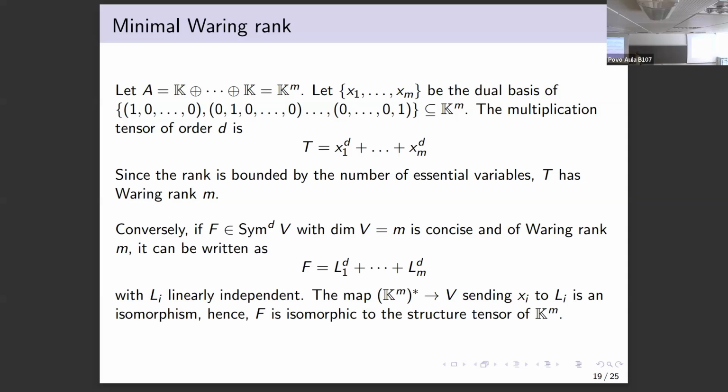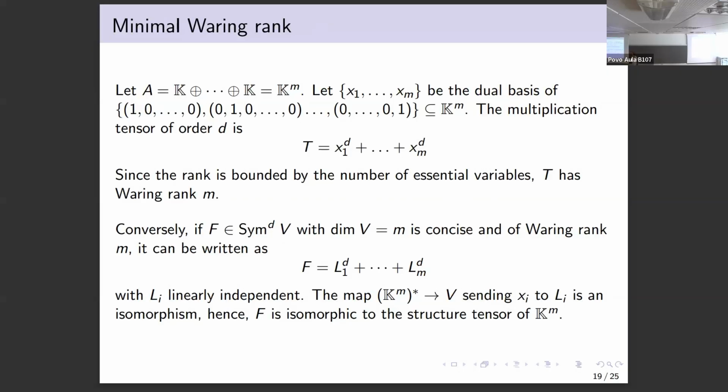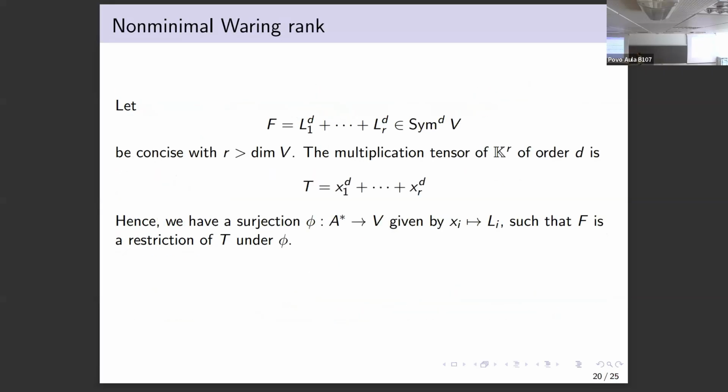as a sum of powers of linear forms using m linear forms, linearly independent, then I have a map that sends this xi to li that clearly gives me an isomorphism between these two tensors. So this is just saying that a polynomial has minimal working rank if and only if it's isomorphic to the structured tensor of k to the m. It's a plain bijection that is quite innocent,